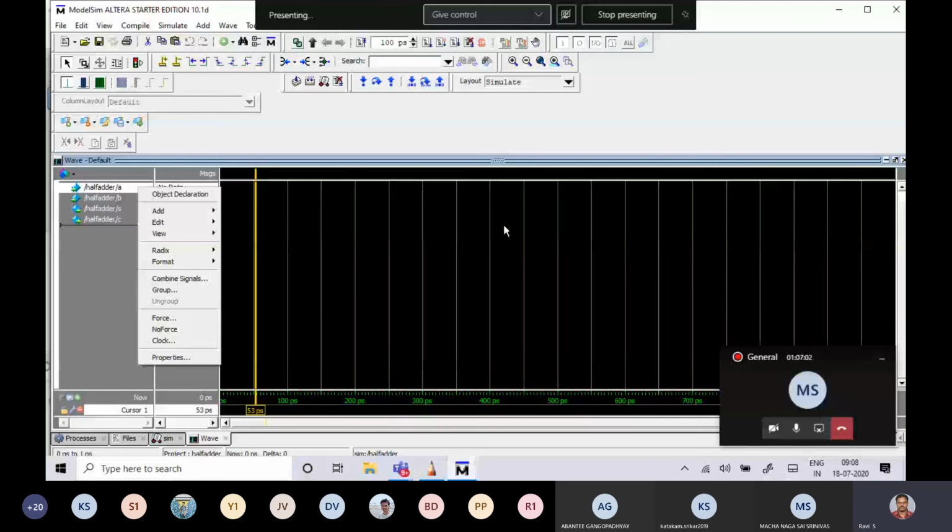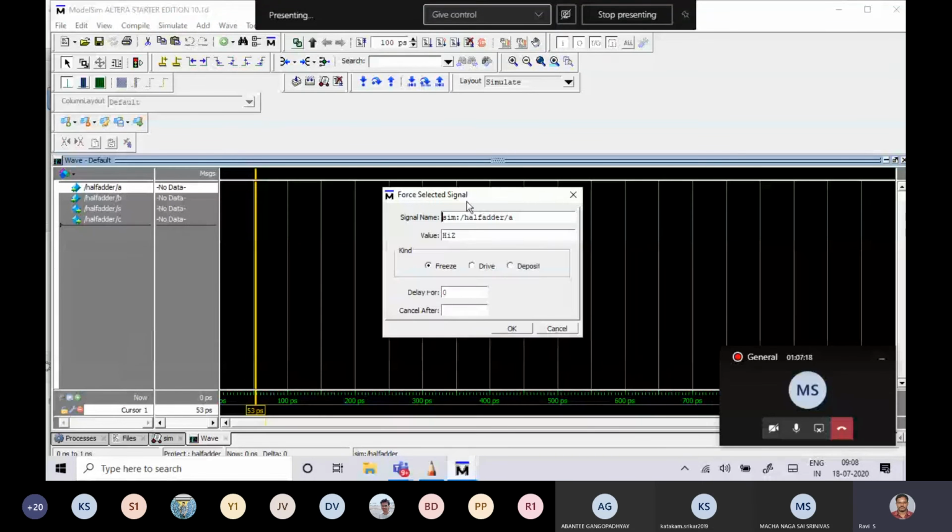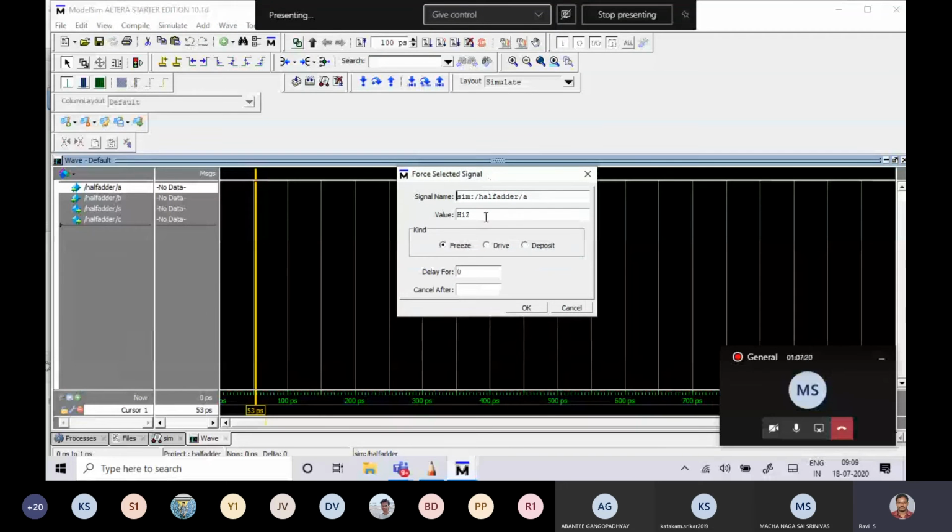Sometimes students will force S as 1, C as 0, but the tool needs to give what the sum and carry are. You have to apply only the inputs. Select the input A, go to force. Now the value is represented as HiZ, high impedance state.